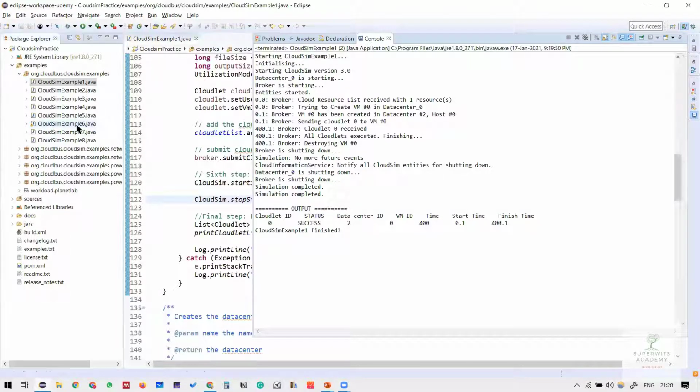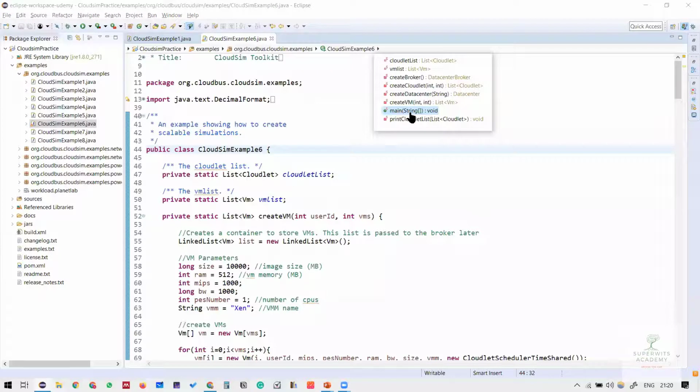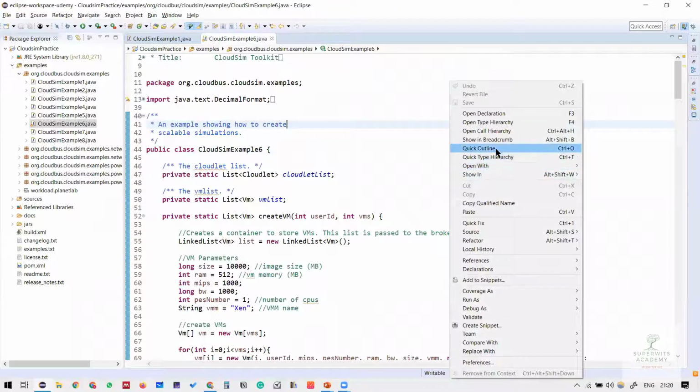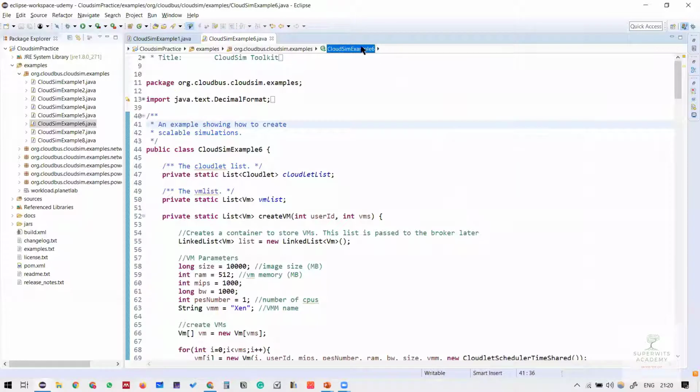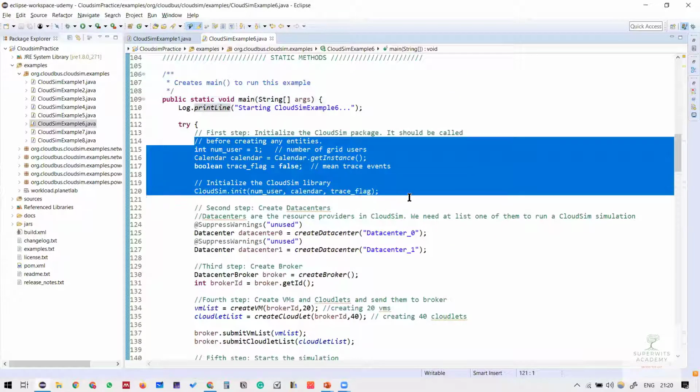Now let me take you to example 6, because we are trying to simulate a larger part with this example. To give you an idea of how it works, let me take you to the main part. If you don't know how I picked it into this taskbar, I just right click and go to show breadcrumb. You can see these things on your machine as well if you are following side by side, right? From here, I go to the main method, and we can see that the first couple of instructions are the same as the other example.